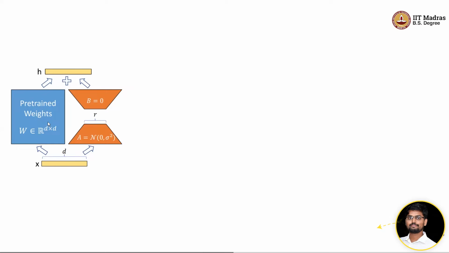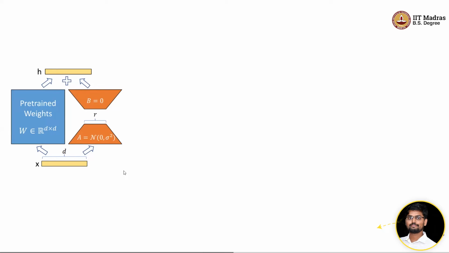We freeze the pre-trained weights. Let's say we have pre-trained weights from Llama 3.2. We freeze all the pre-trained weights, meaning that the gradient won't be computed for these weights. But during the forward pass, we make use of these weights and pass X through W, computing WX. Also, we pass X through this low rank approximation matrix and compute something called delta WX. Then we add these representations, because both of them return representations of the same dimension. We repeat this process for all the layers. That's how LoRA works.